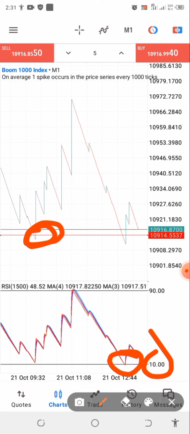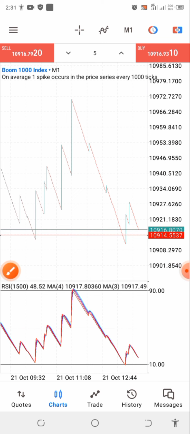This strategy is an accuracy strategy, and I have also been using it to catch spikes. Just a simple spike strategy. As simple as that, this strategy is somehow simple. It is the quick spike strategy that we have been using as well, and you can also benefit from it. So I'll be showing you guys the settings for this strategy now.